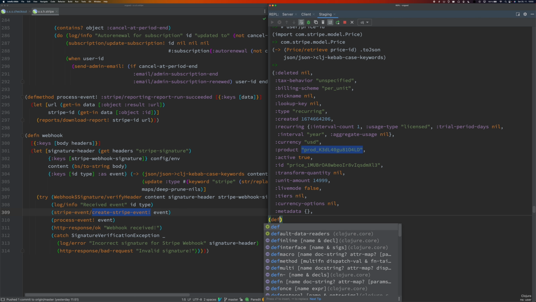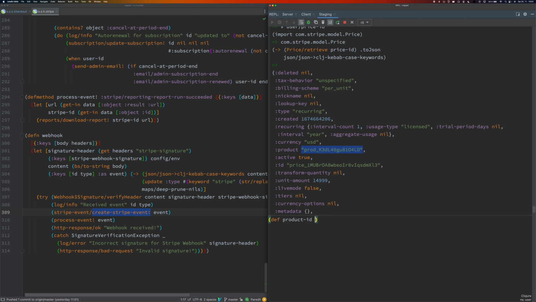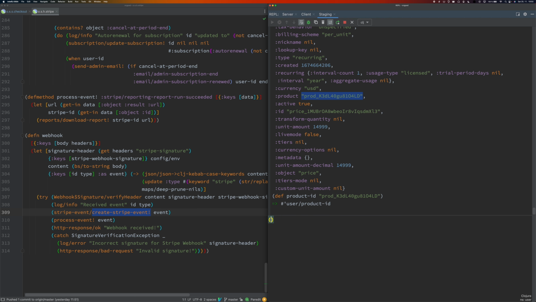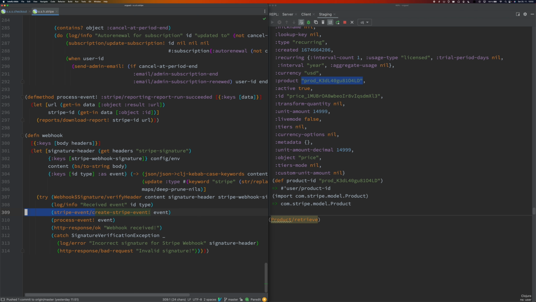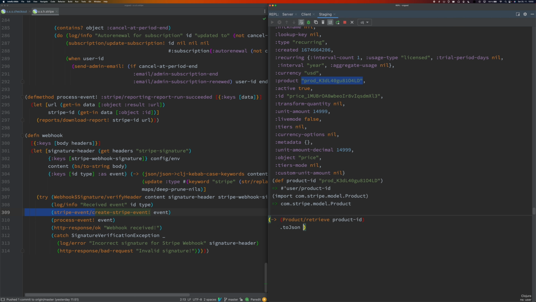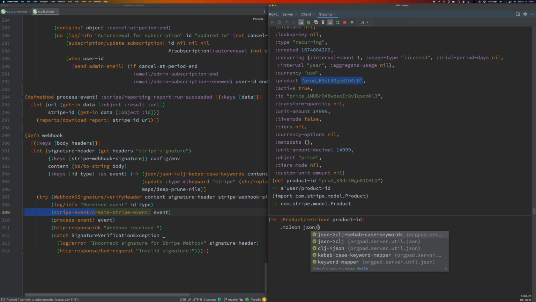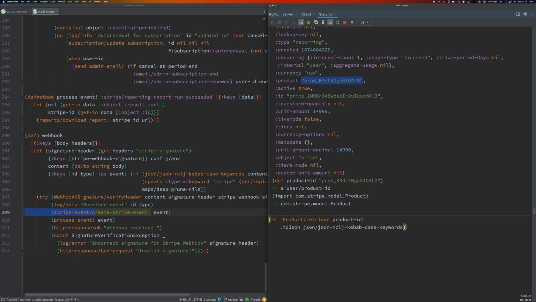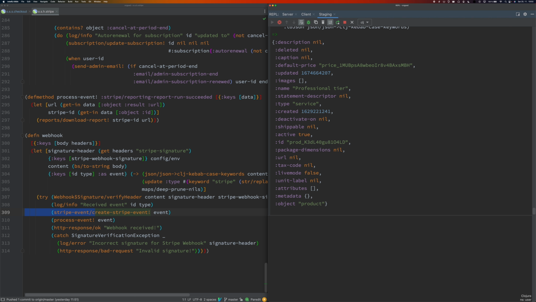Let's copy it like this, dev product ID, and I could do product retrieve again, the same pattern. So I will do the product ID, and I do to JSON and JSON kebab case parsing, and I will receive that.